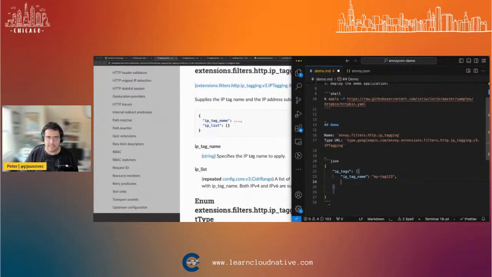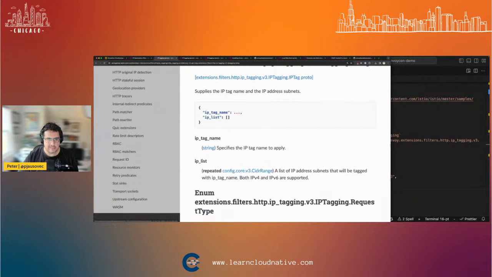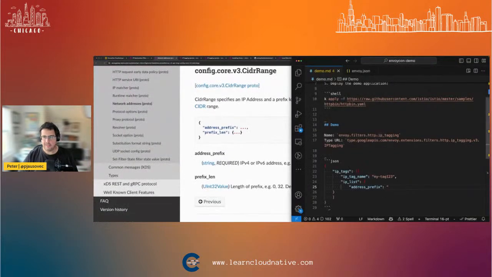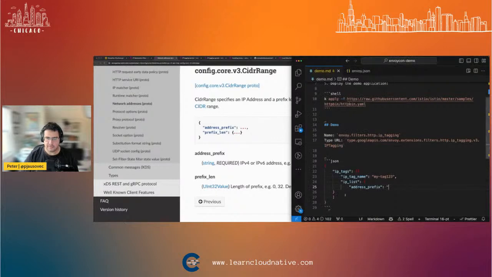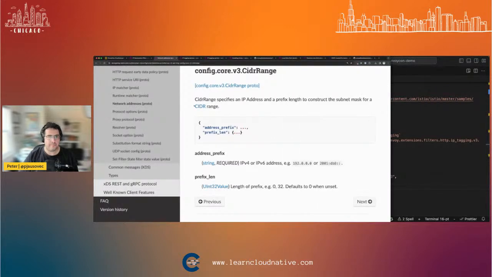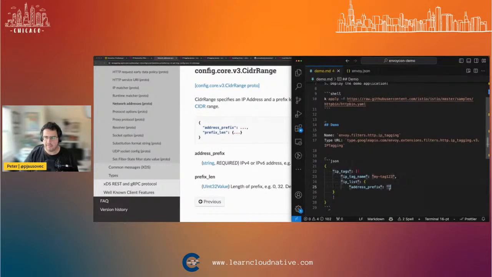IP tag name, and then the IP list. Oh, wow. Look at that. IP list. And let's look at what IP list is. It's a CIDR range, which is saying address prefix. So this or this, and then prefix length, we don't have to set it, but we have to set this. All right, so, okay, so let's say if we want to capture everything, I think that's